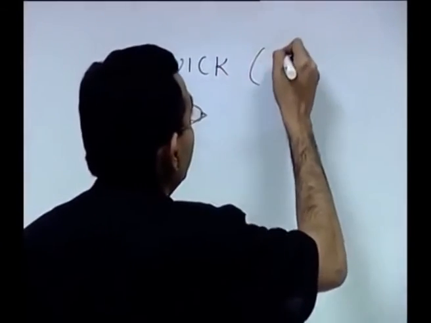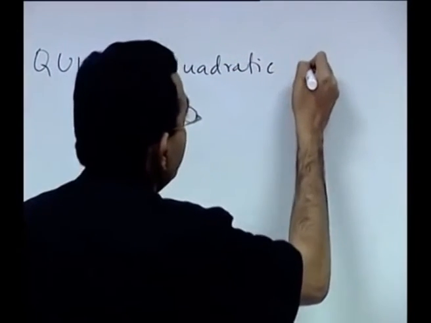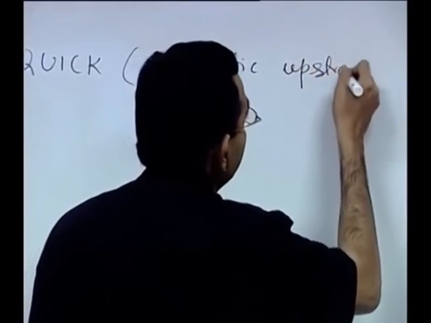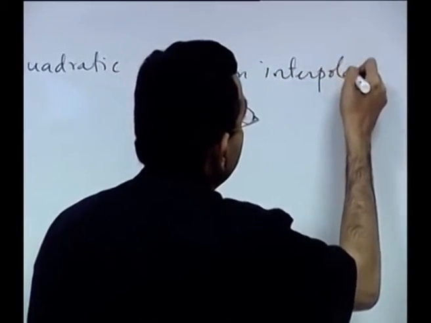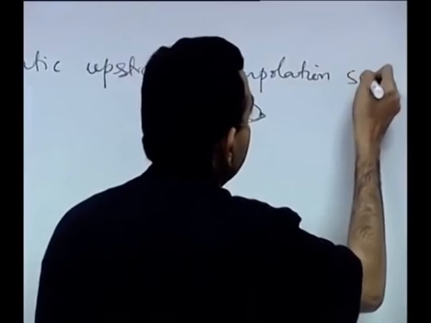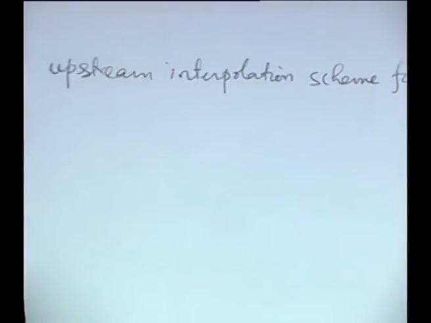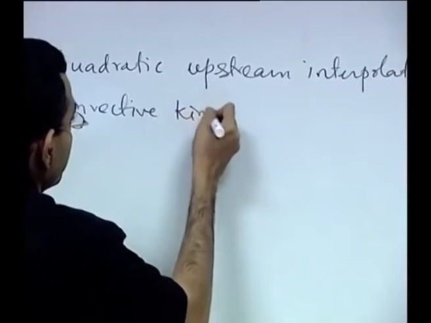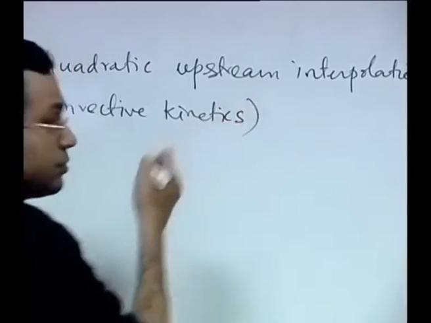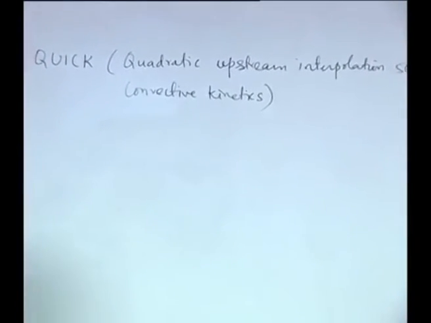So its full form is Quadratic Upstream Interpolation scheme for Convective Kinetics. That is the full form of the QUICK scheme. So what it tries to do,